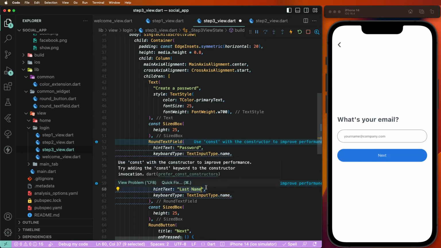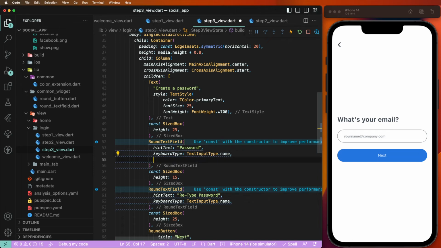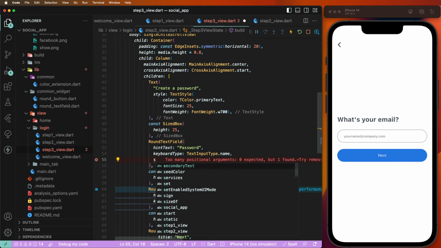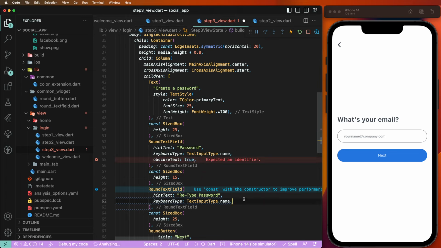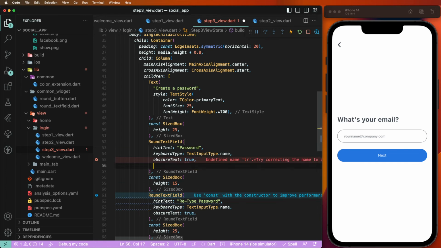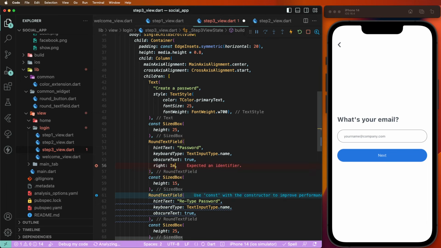Need to set this here tab password and to set property true. Now need to create here the text fields. Sets